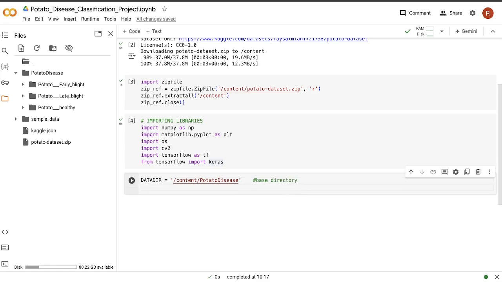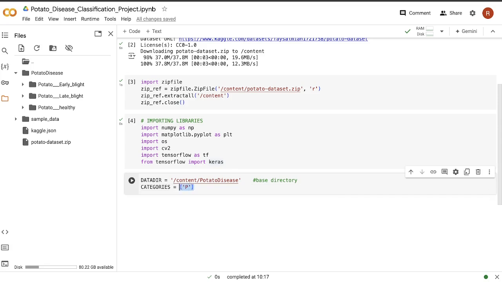Then after that you have to mention the categories name here. So I will say categories is equal to, categories will be in the form of list, and keep in mind the name of categories should exactly match with your folder names that you have here, early blight, potato late blight. If the names mentioned in the categories list and here the folder names, if they don't match, then basically it will throw an error. So names of the category should exactly match with this folders, and also they will be in sequence. Here the first folder is early blight and followed by late blight and healthy.